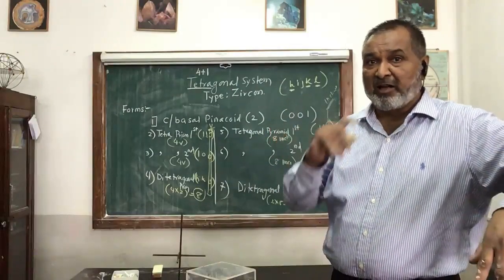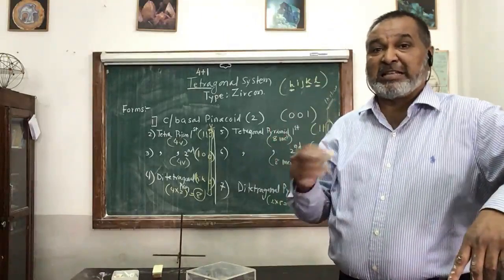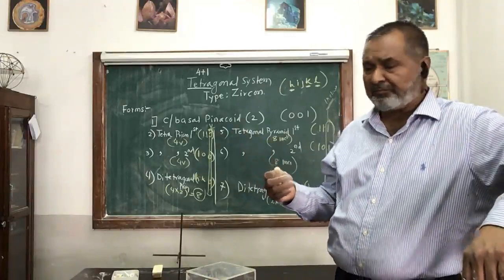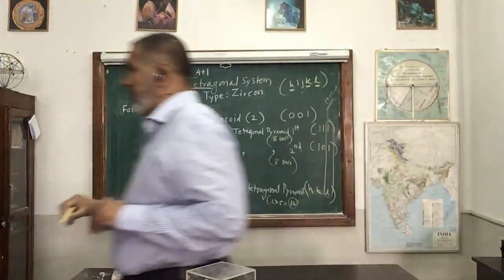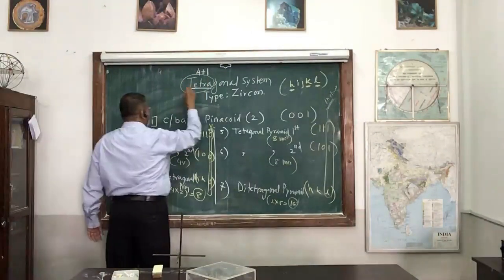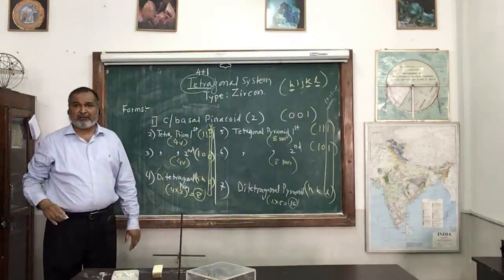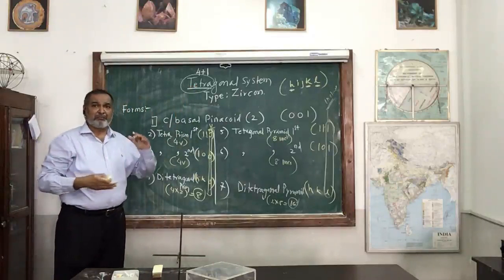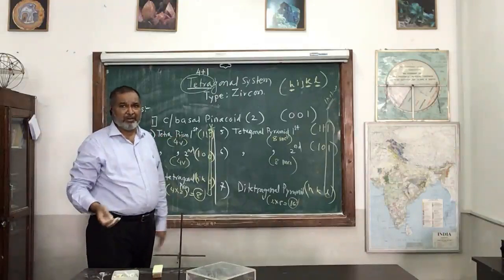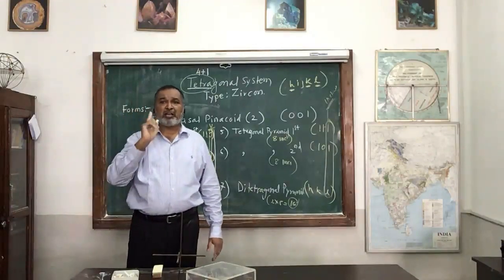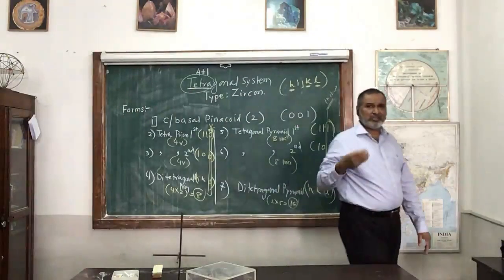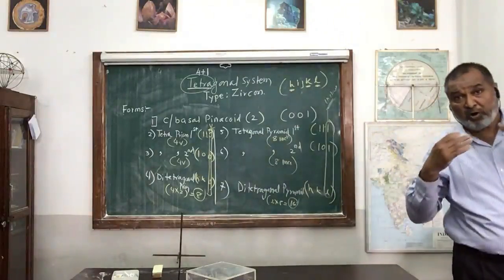That is a very interesting one. And this is the simplest system, easy to distinguish from the rest of the system models. The name itself will give you tetragonal. Whenever you find any 4 vertical faces in combination with basal pinacoid or pyramid, it should be a tetragonal system model. We will see one particular session for this, so that we can compare all the system